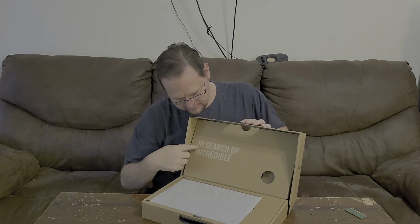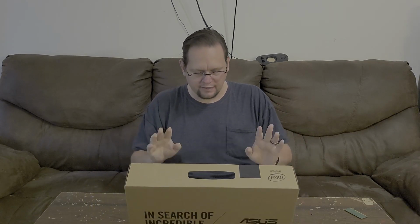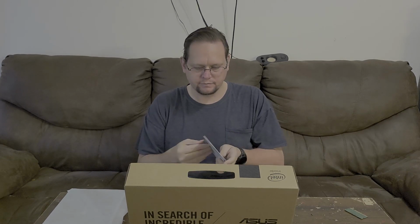Inside, it says, "In search of incredible." Now, it does have the laptop right here on top of everything. So it is an 11.6-inch screen. I'm going to set that down because that's what we're going to look at last. It does have the little Asus